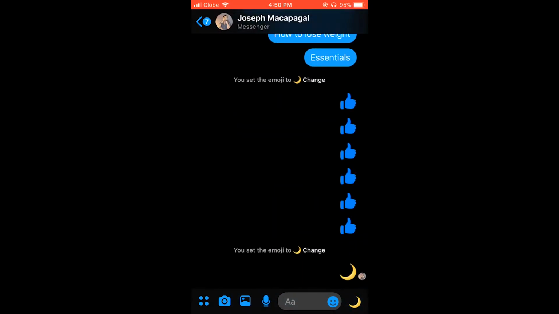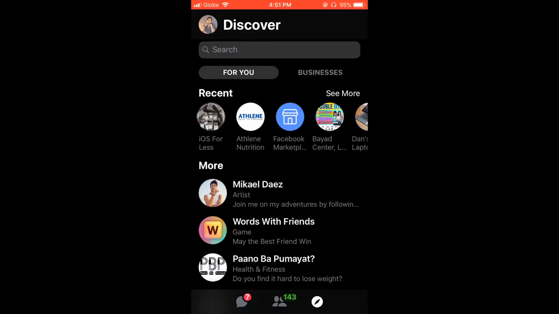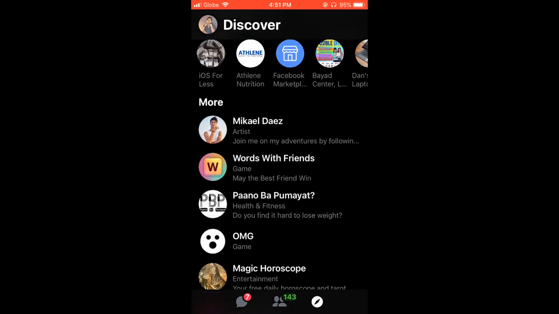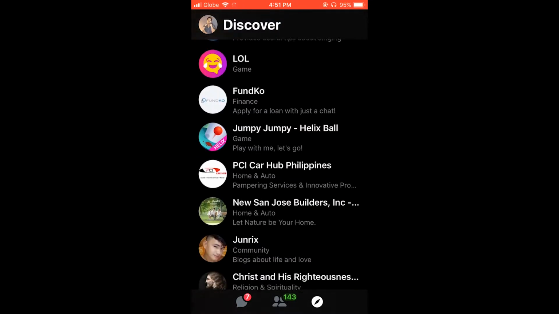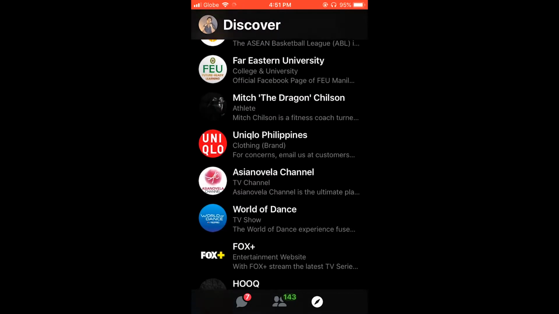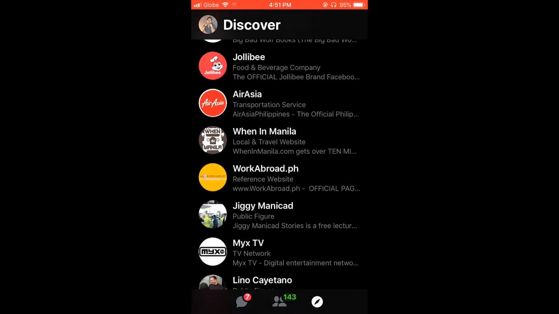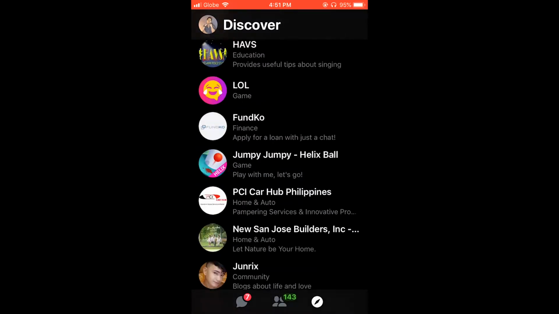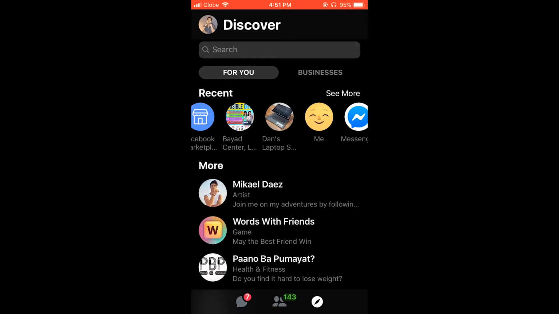As it shows here, we're already set, and I'm just making sure that it's working because it was also my first time to use it earlier, and I'm just checking the chat or the new interface of the dark mode. Also, you can turn off the dark mode by going through the same procedure, by tapping on the picture above or on the chat itself. Tap on the chat name or picture to go to the chat settings,